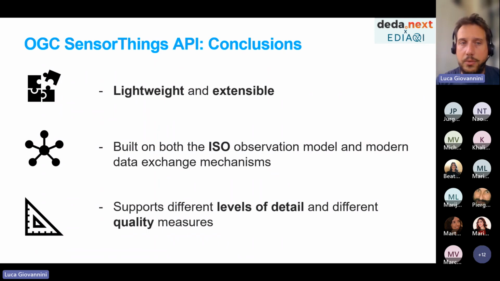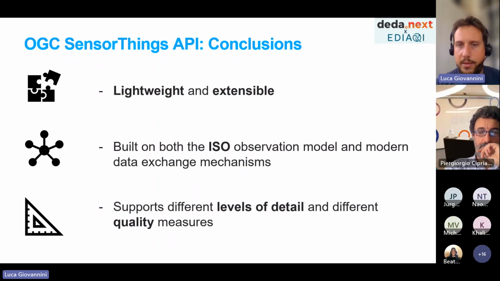It's a very lightweight solution. It is fast, and it's not very complicated. It creates about 7 tables in a database and a little application that does the API part. It's built on top of a more basic ISO standard on observation, but also on the handling of time and on API syntax, as I was saying.